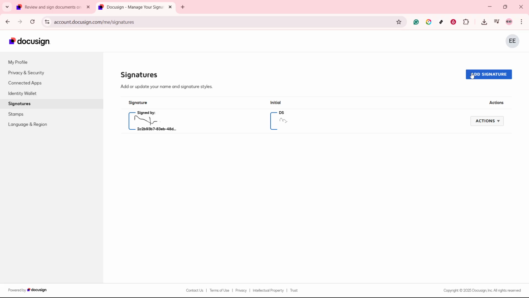And there you have it. The process is straightforward and allows you to tailor your signing experience in a manner that best suits your preference. Taking the time to customize your signature in DocuSign can really streamline your document signing process by ensuring it is as efficient and personalized as possible. Whether you choose to use a pre-generated electronic signature, draw it by hand, or upload an image of your own,